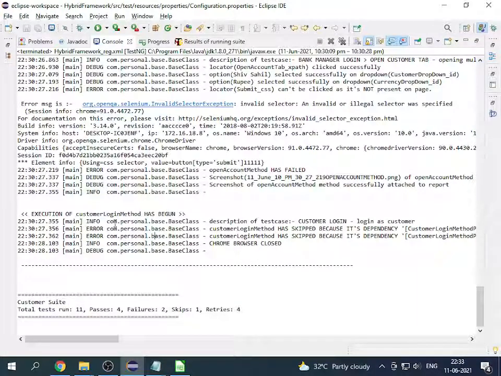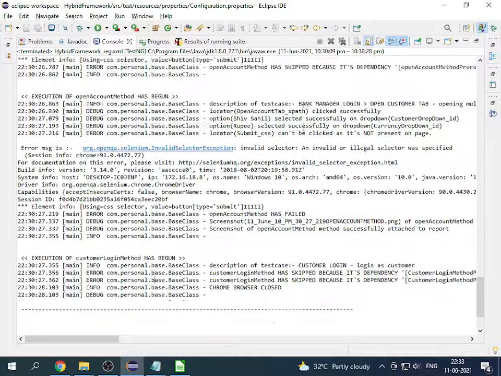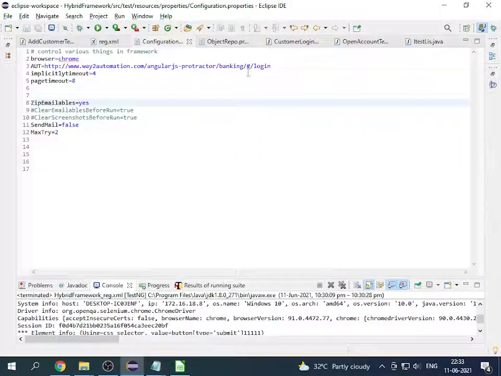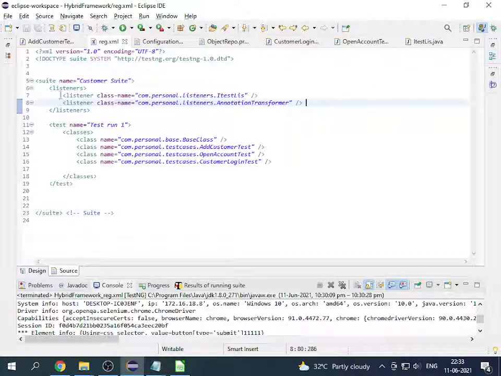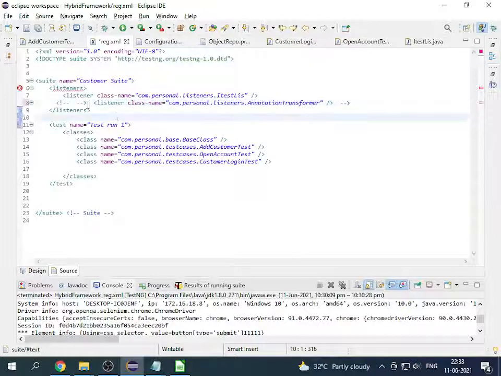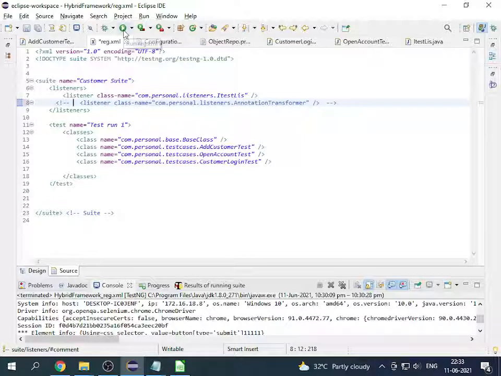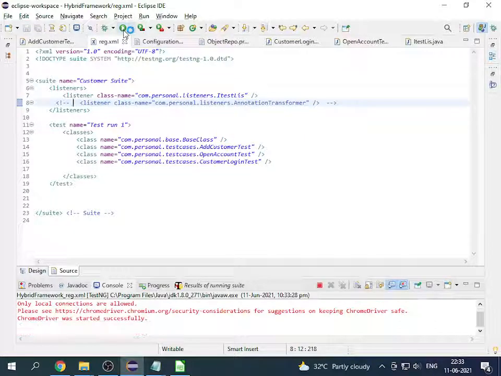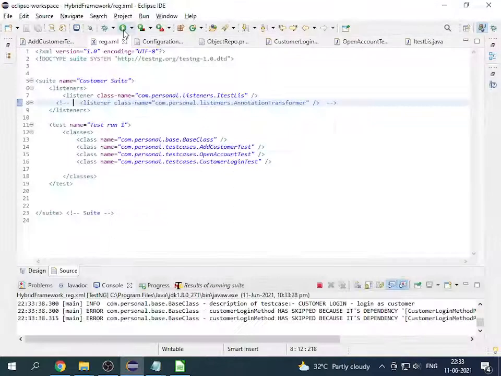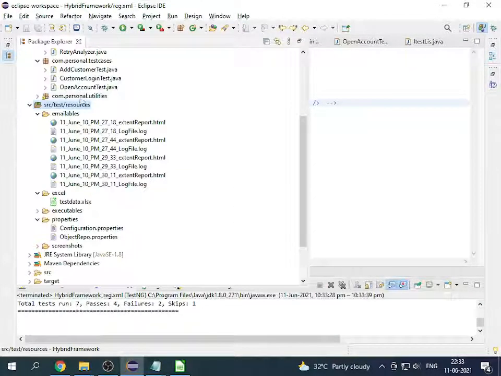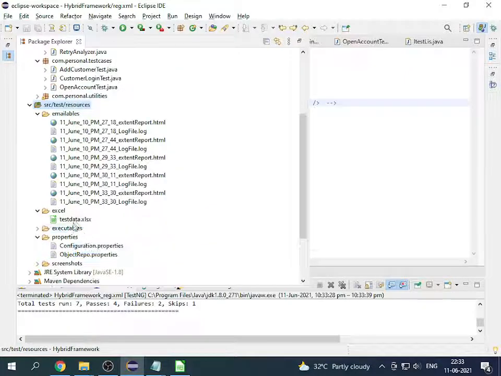Let's see the logs. Yeah, there is some problem. It always works.